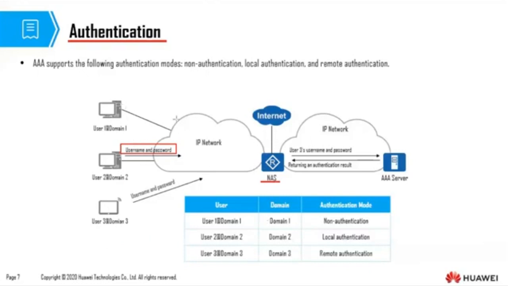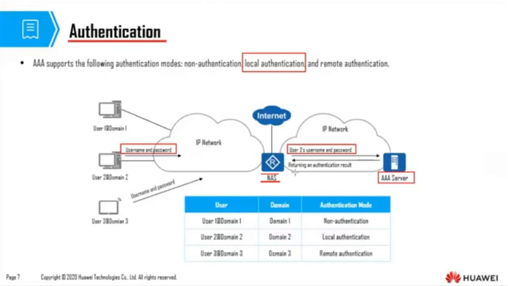Now, authentication can be performed by the network access server. When authentication is performed here, that kind of authentication is called local authentication. Otherwise, the NAS can send the username and password further to the AAA server,